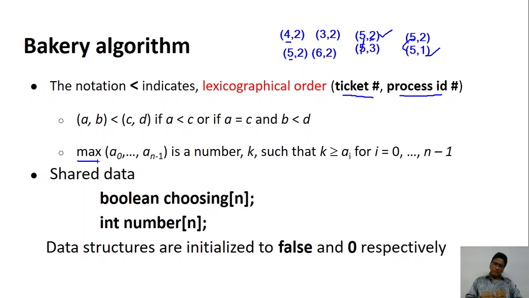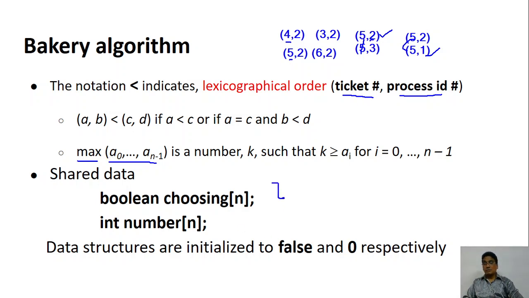Remember, whenever a process comes, it is given a number. It must be in the increasing order. So when you enter the bakery or a bank or any other place, you must get a number which is higher than already existing numbers. So if the last number is 99, you must get 100. If you get 50, you are the luckiest one. So the number that you get is the last one, so maximum plus 1. Whoever has the highest number, plus 1.